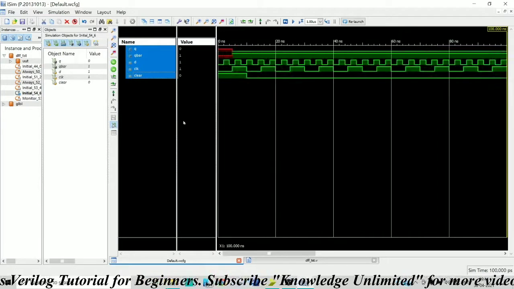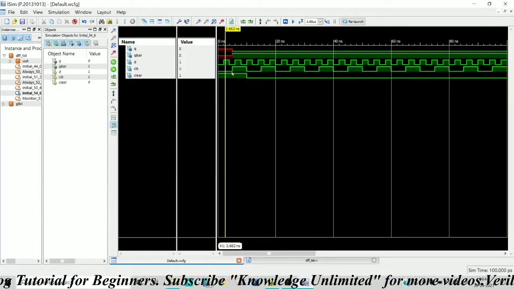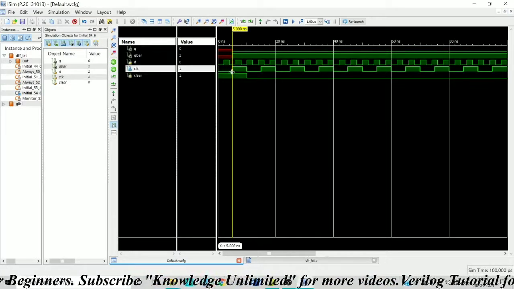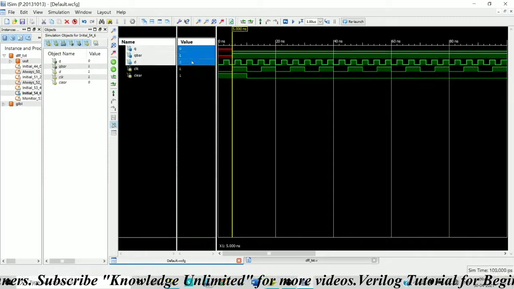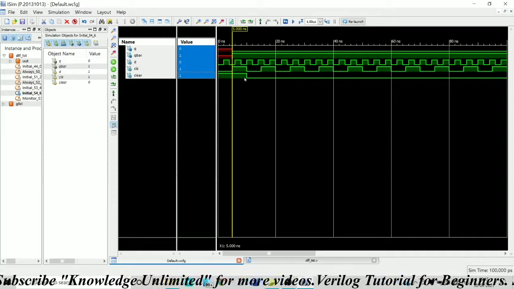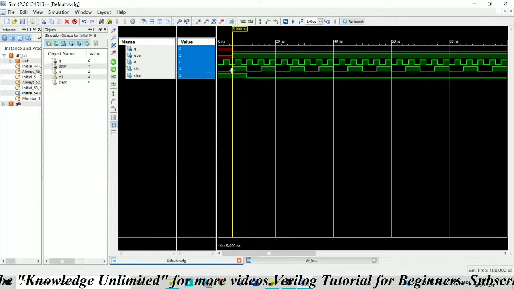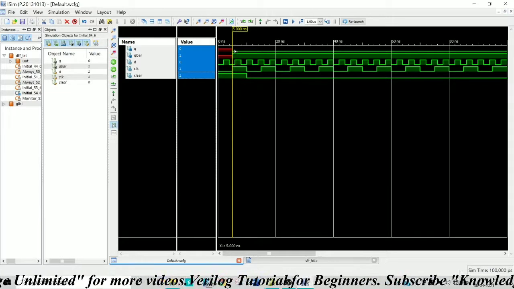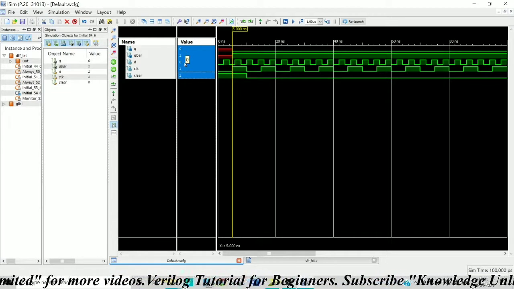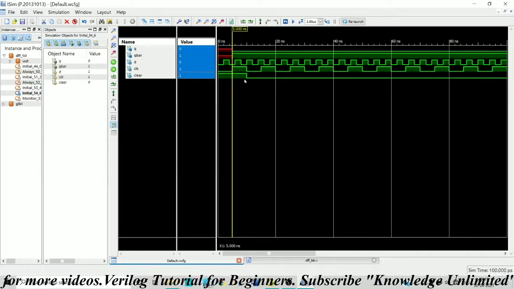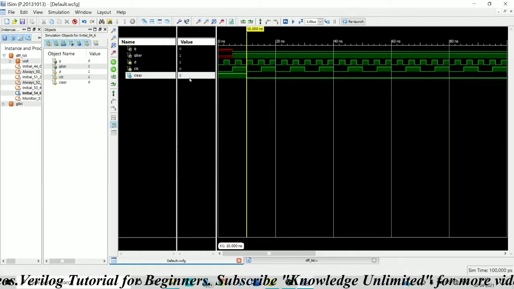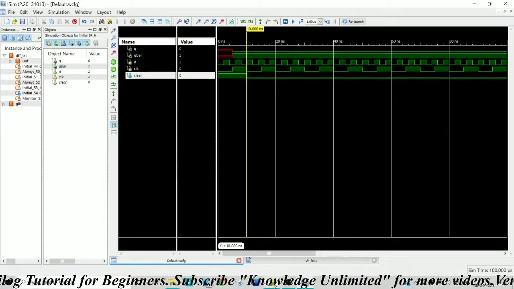Yeah, here you can see that initially my clear is high. So we have to check which is occurring first, negative edge of clear or positive edge of clock. Here pos edge of clock is occurring. So at pos edge of clock, your output Q should follow your D. So Q is 0, your D is also 0. And then immediately the neg edge of clear is occurring.